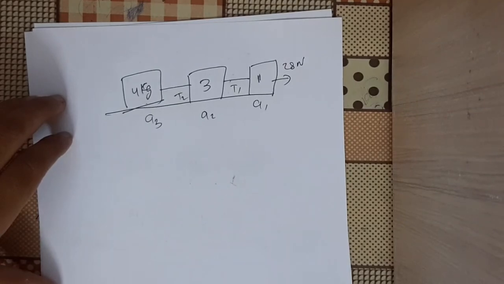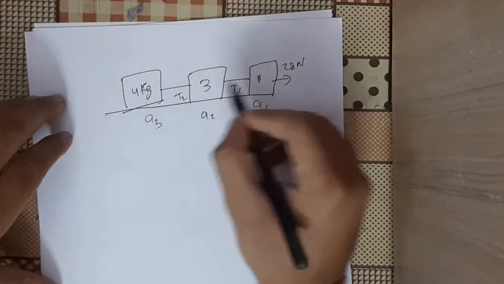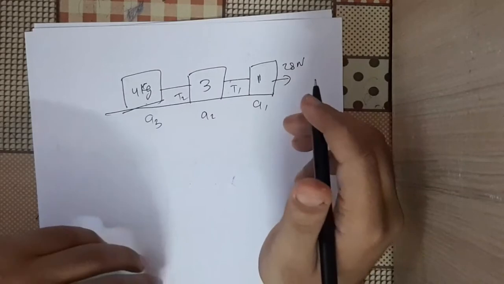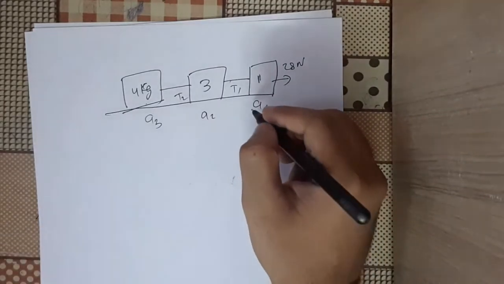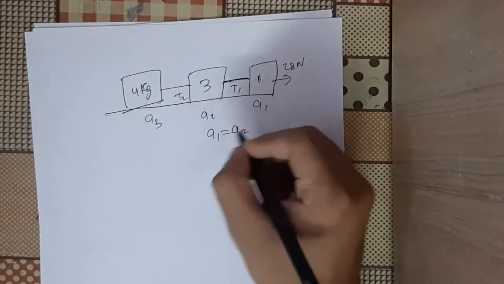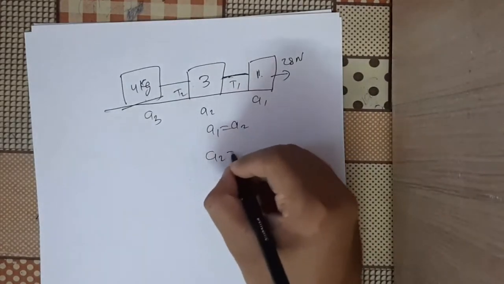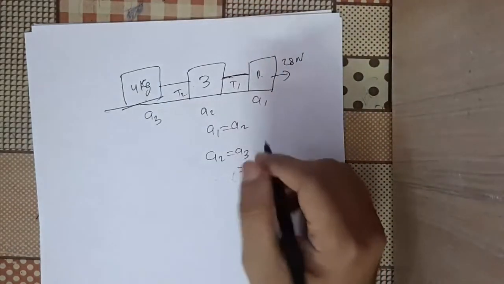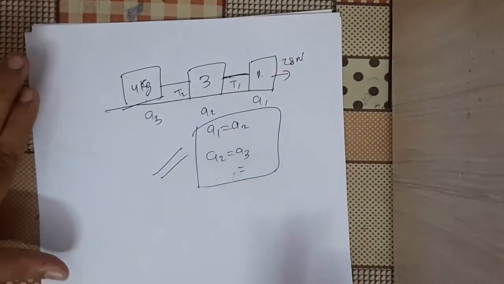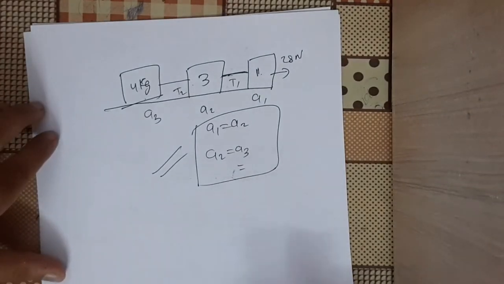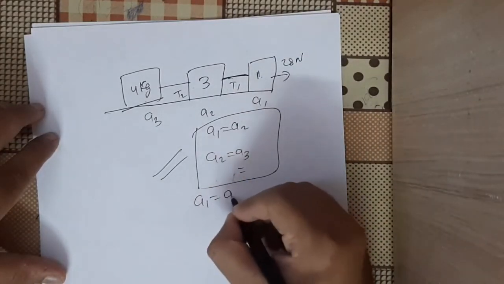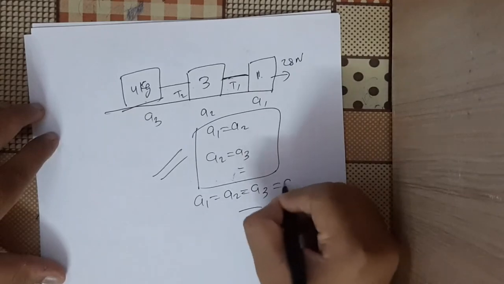See, one thing you can directly say is that because they are connected by a rope, this is connected by a rope, this is connected by a rope, the accelerations cannot be different. Acceleration A1, A2 and A3 have to be the same, right? Because of the constraint relations, there is one string between these two blocks, so A1 is equal to A2, and there is one string between A2 and A3, so the acceleration of A2 should also be equal to A3, so that the length of the string does not increase or decrease. Obviously, we are assuming that the string remains tight during the entire motion, which will happen. You can imagine the situation when you are applying the force, the strings will always be tight. So we can write A1 equal to A2 equal to A3, eliminating lots of variables. Let's say this is equal to A.